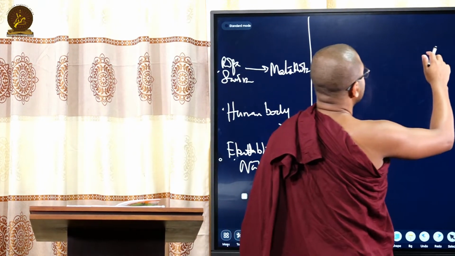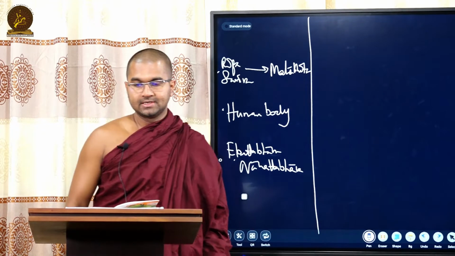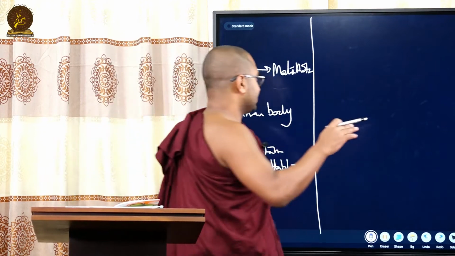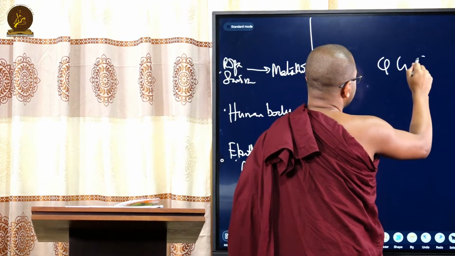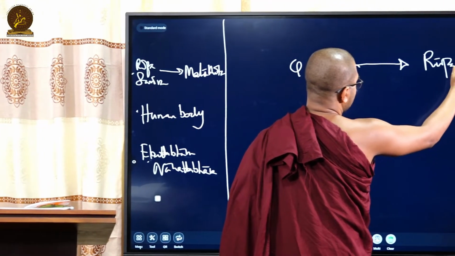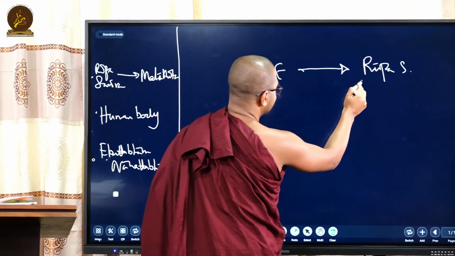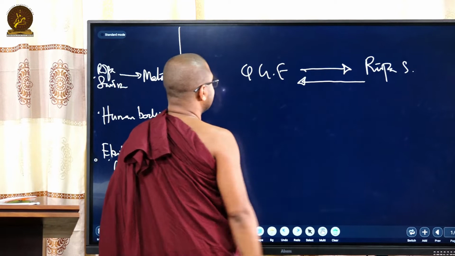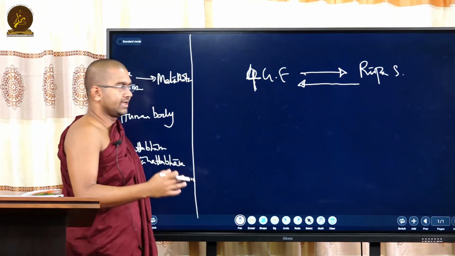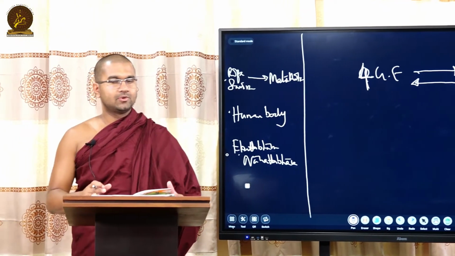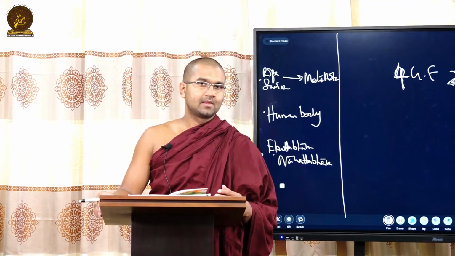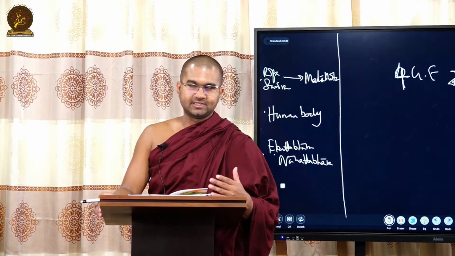Now if you remember, we discussed how the 4 great elements can be found in a physical body. The first approach was that we explained the 4 great elements, and then we figured out how a Rupa Sarira is made out of them. Now what we are going to do is take a Rupa Sarira and try to investigate its qualities. For this reverse approach, the practical approach, we have to take the object that we get as a reality. We have to consider it as a reality. Then we try to investigate its characteristics.